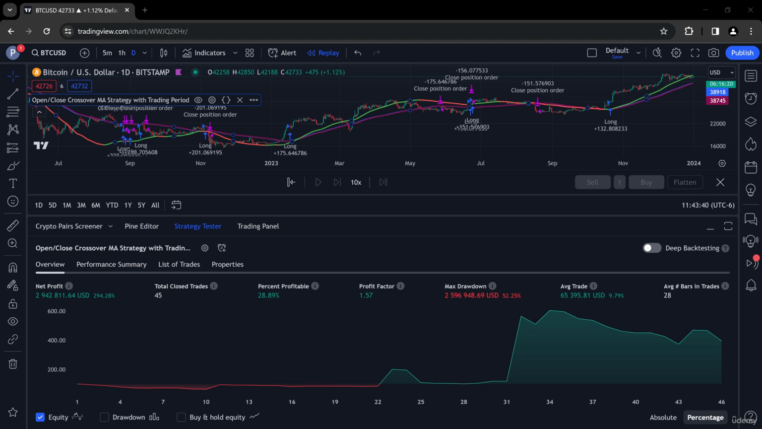Now, let's review the strategy forward testing. So what is forward testing? We have just studied the strategy backtesting. Now let's study the strategy forward testing. Forward testing is also known as paper trading or simulator trading, and it's a method used by traders to